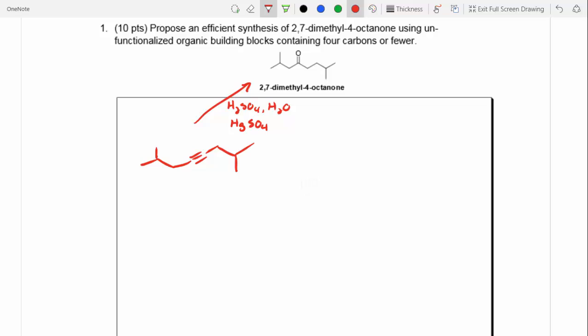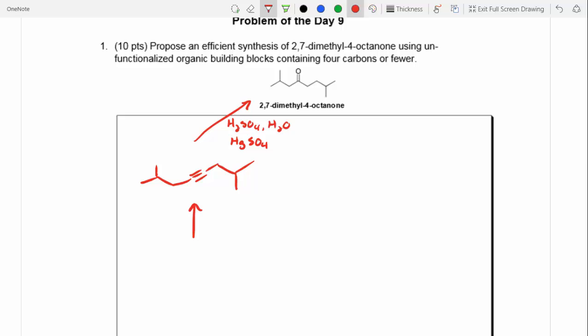All right, now the question is, well, how can we make this internal alkyne? If you look at the directions, I tell you guys, you have to start with organic building blocks containing 4 carbons or fewer. This one has way more than 4, so we've got to piece it together. What ways do we know of adding carbons? Yeah, well, you can use NH2. Okay. Then you can use some 2-methyl propane with like iodine or something. Okay, so let's try just tagging on one of these ends onto